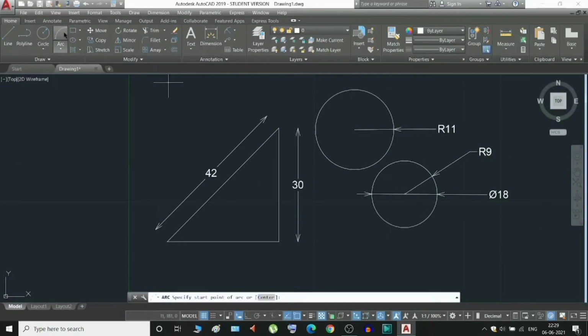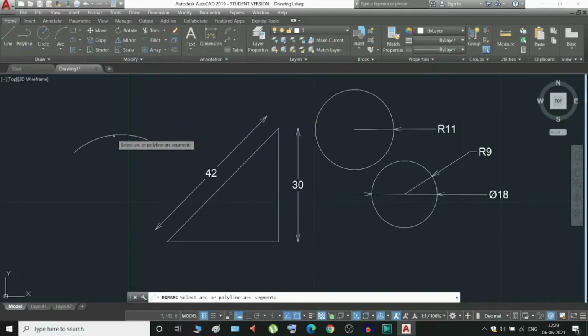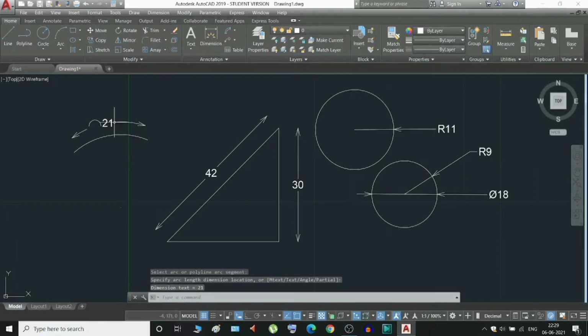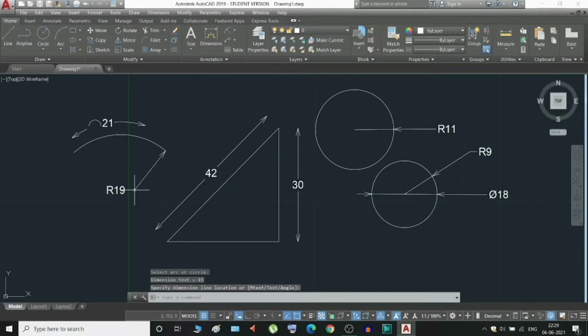If we select an arc like this right here, okay, let's make it like this. Then if we go to the arc length, if we select the length, then it will show us the arc length. If we want to measure the arc radius, then it will show us the arc radius. And this is the point where the arc has its center. So it will show us in this way.